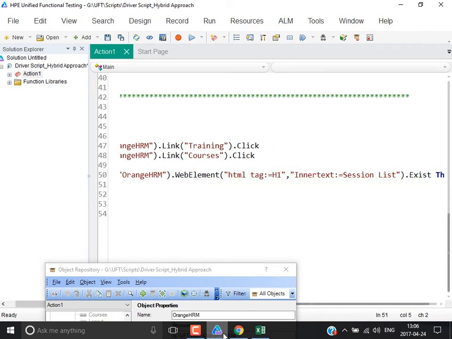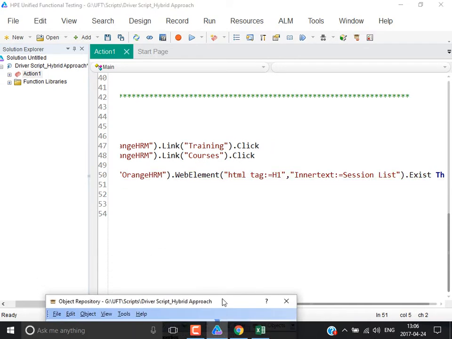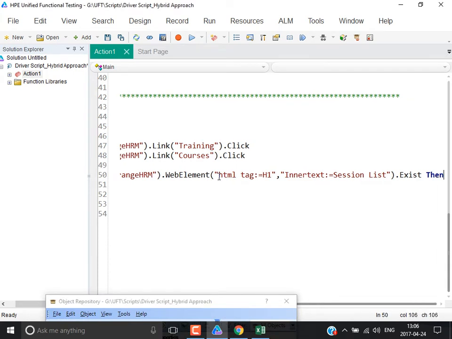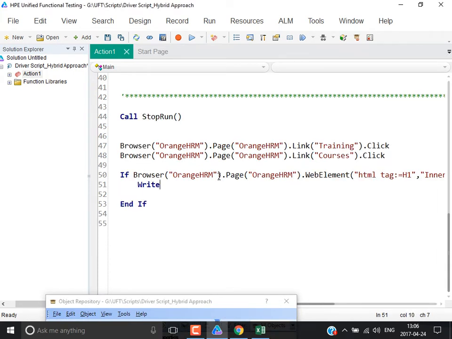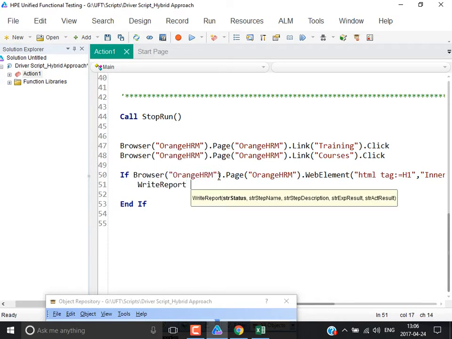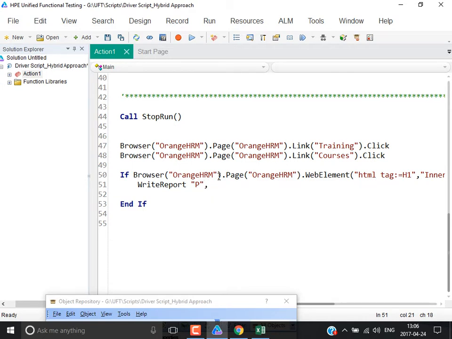Exist. If it exists, then you need to say write report. Write report. Status is P. Step name is click on courses link,